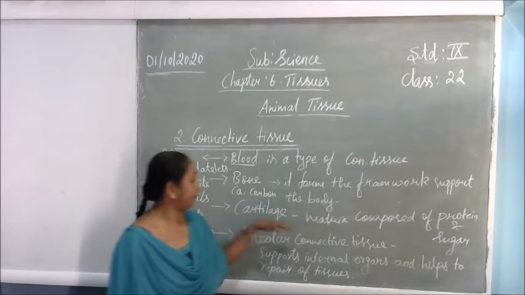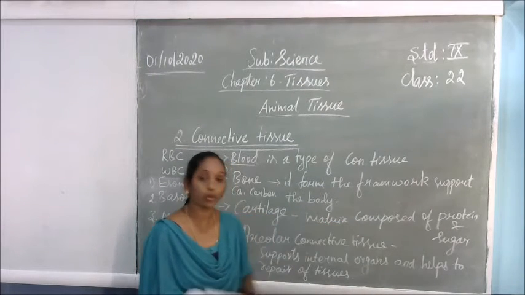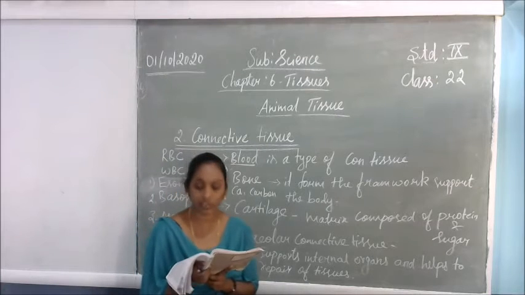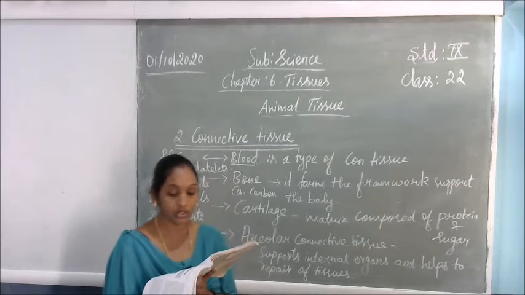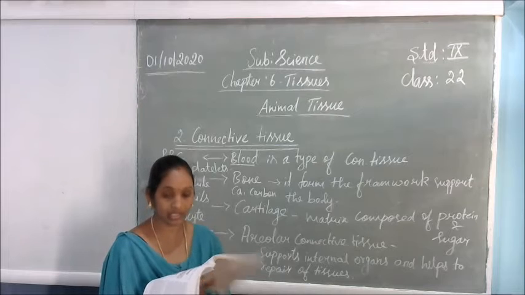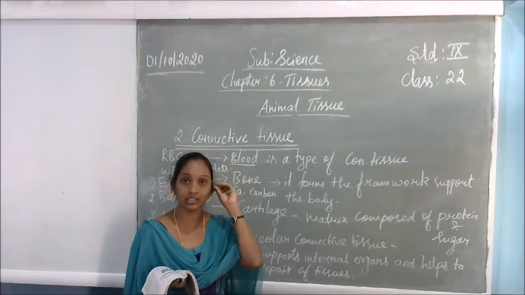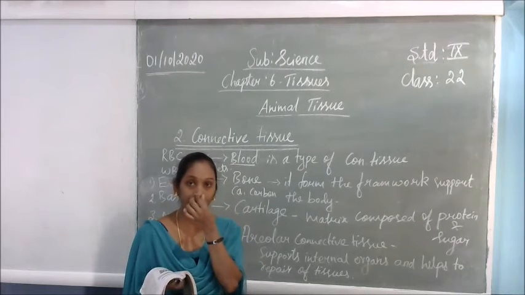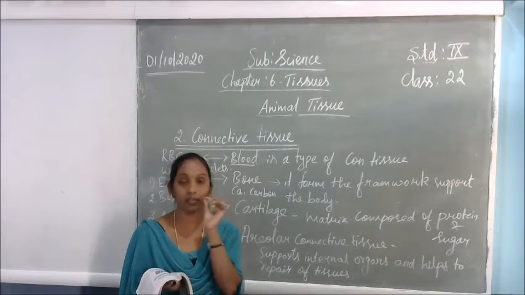Cartilage is made up of a matrix composed of protein and sugar, and it is easily flexible because there is space inside it. So we can fold the cartilage of the ears. See the example of the ear, we can fold it. Even our nose, we can move and shake it. It easily bends.